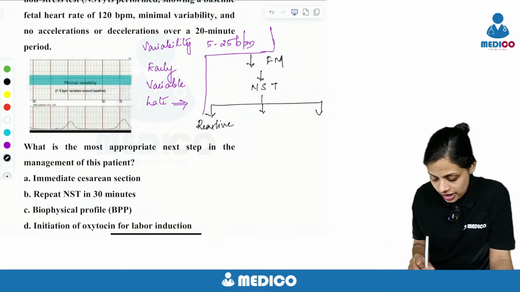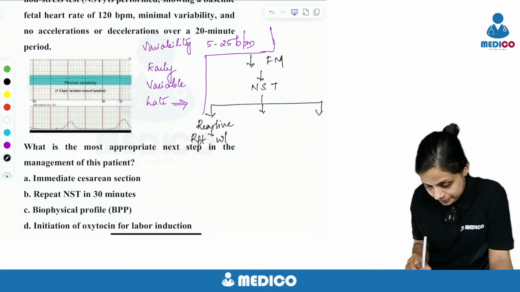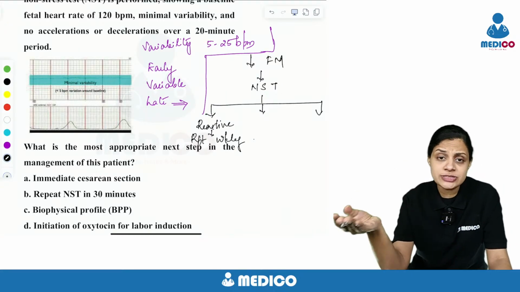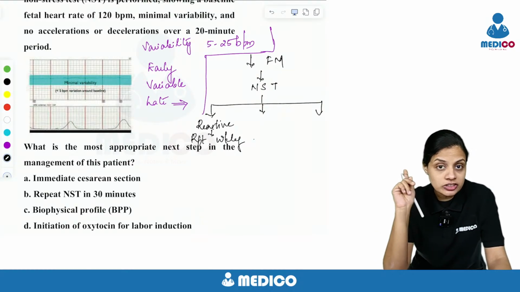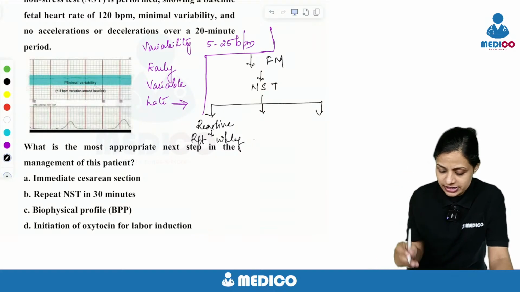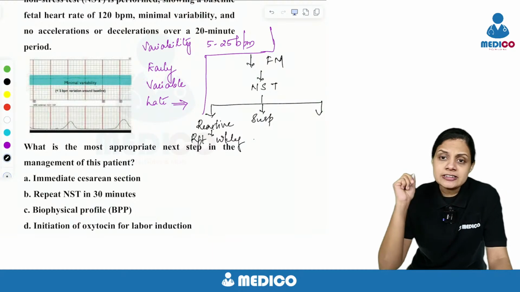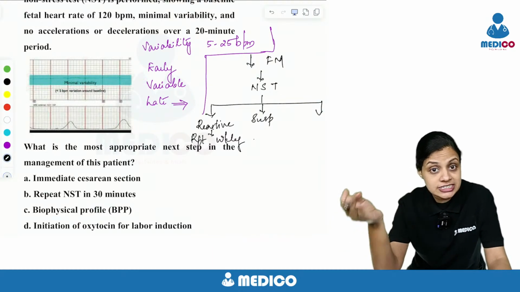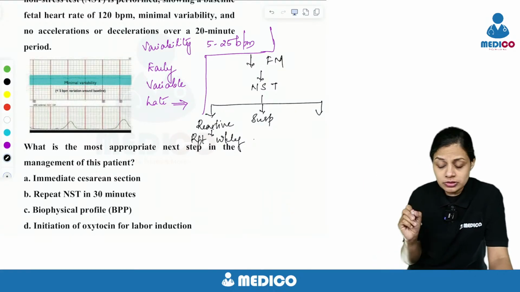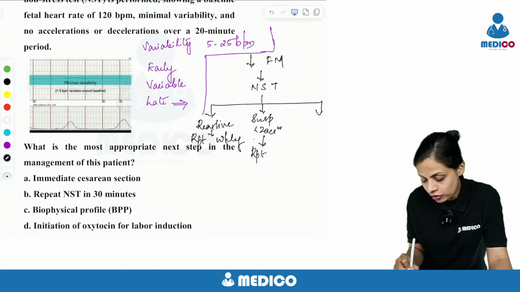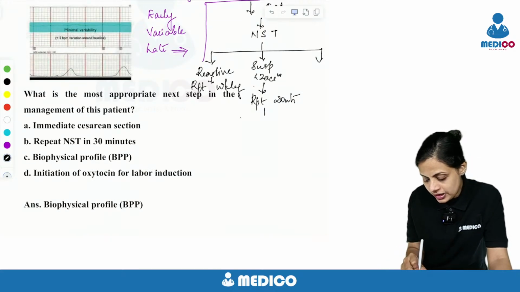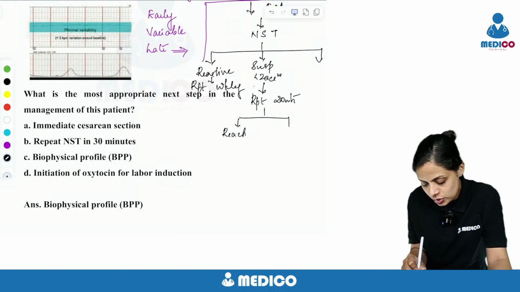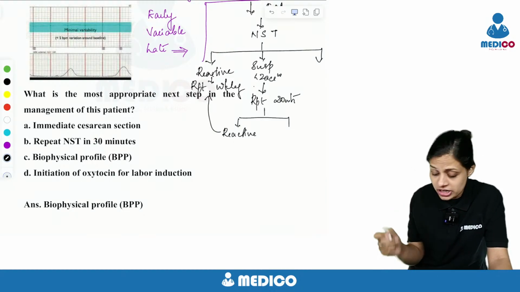You can reassure her and then repeat it after 1 week, or twice weekly, depending on the risk, that is, whether this woman is hypertensive, whether this woman is diabetic. If the NST is suspicious, that is, there are no decelerations but there are no accelerations either, and she has less than 2 accelerations, then you can repeat the NST for 20 minutes. If after this you find that it is reactive, you can again repeat it weekly or twice weekly.